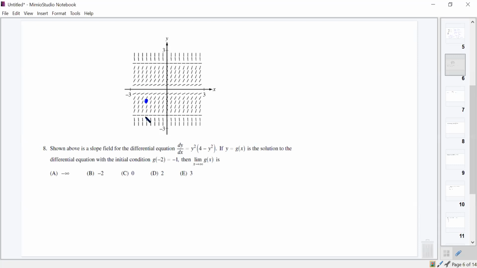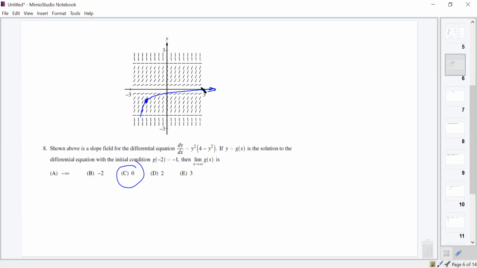As our function curves up like this, we should be flattening out toward a value of 0. This should be going straight down here. But as we go toward infinity, g of x, the solution curve, should be approaching what appears to be